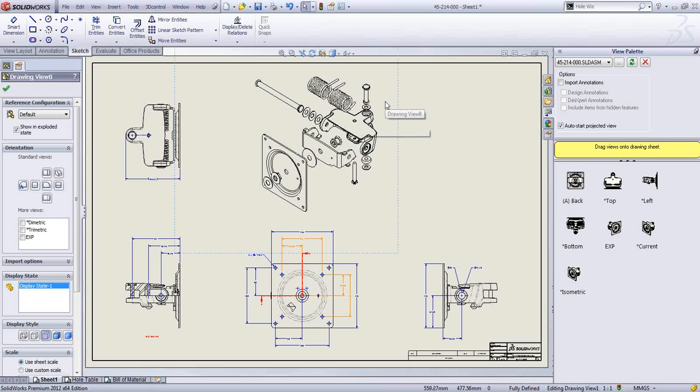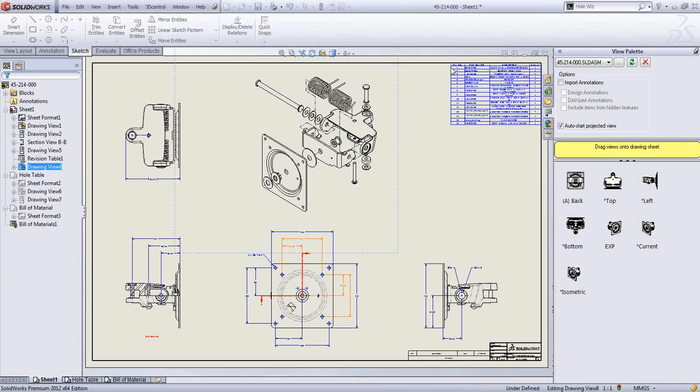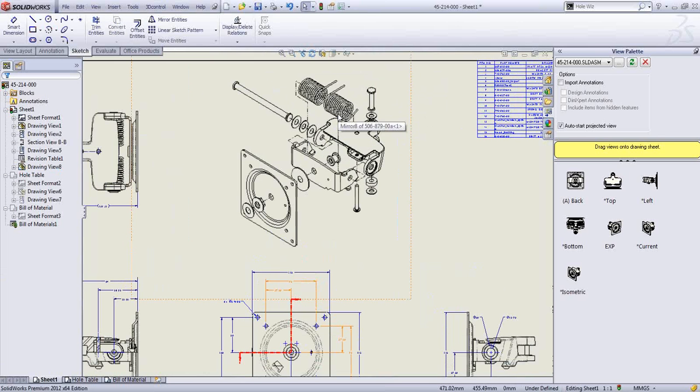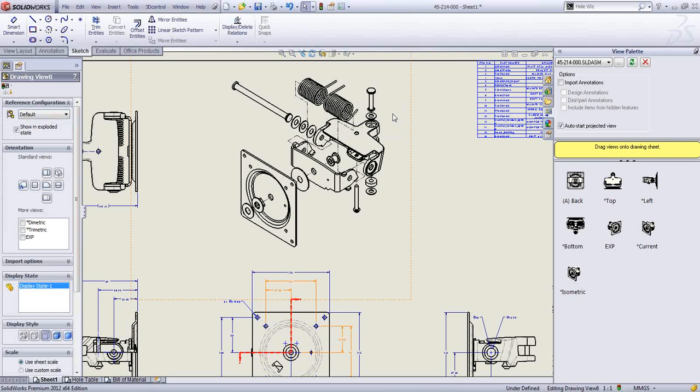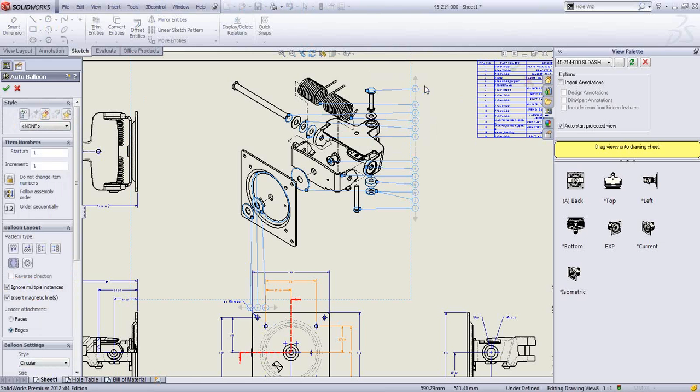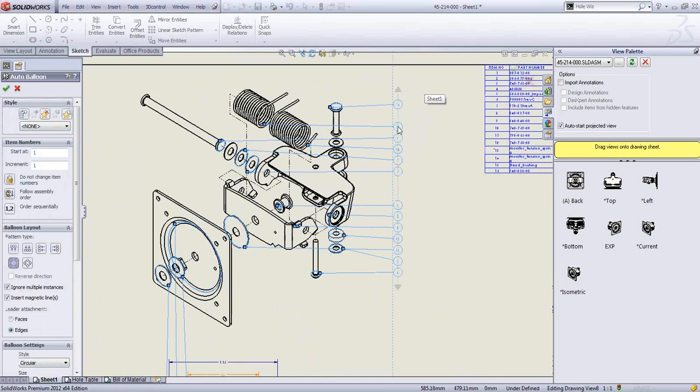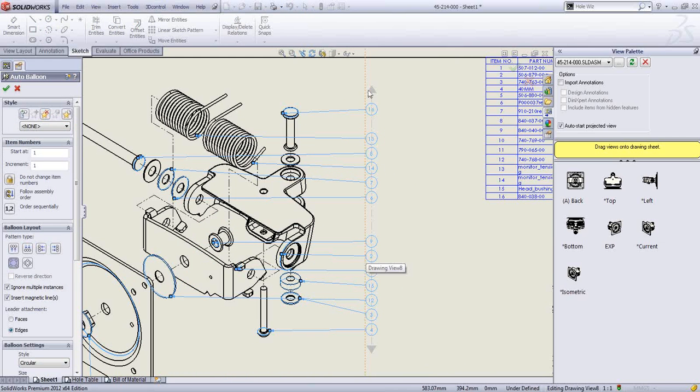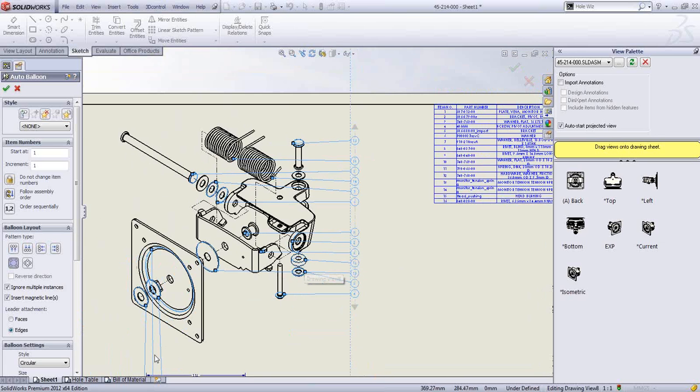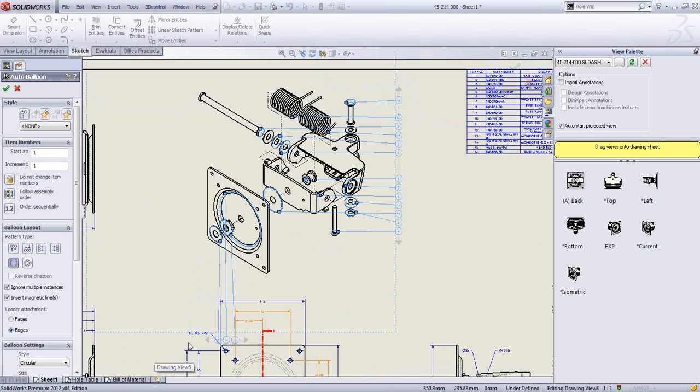And let me add a bill of materials. And no bill of materials is complete without balloons. So let me use auto balloon. You're all familiar with this. So you notice something different about the auto balloon feature. We have now the famous magnetic lines from the 3D VIA Composer brought into SolidWorks. So this will be extremely helpful in aligning